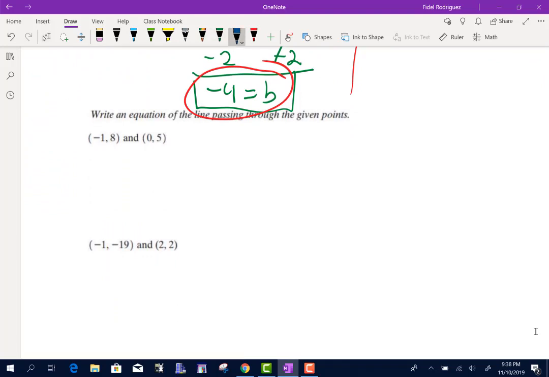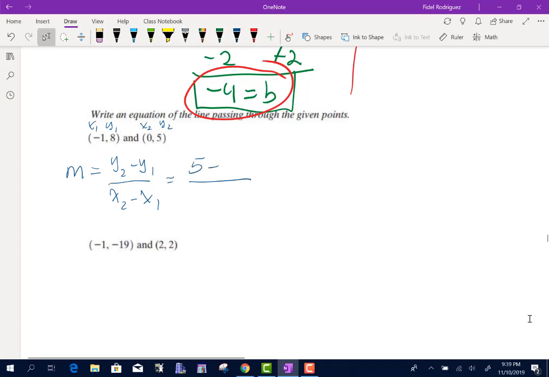So again, first thing I'm going to do this problem just like we did the other ones. The one thing I want you to notice, though, we don't have the slope. So the first thing we're going to do, guys, we're going to write down the slope formula, okay? We did this formula in the last section, okay? So guys, look, I'm going to think about that as my x1 and my y1. That's my x2 and my y2, okay? So y2, 5, minus y1, 8, x2, 0, minus negative 1,